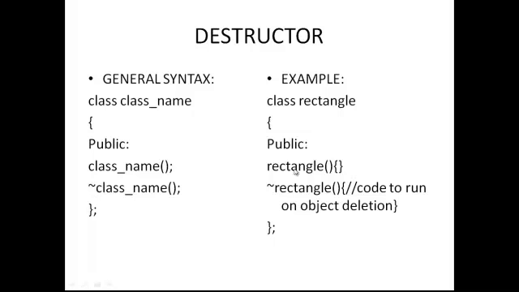Okay, you see the example here. I use a class Rectangle, then first I create a default constructor and then create a destructor, and at the start of the name of the destructor I use the tilde sign. Okay, this tilde sign identifies that the first function is the constructor and the second one is the destructor.